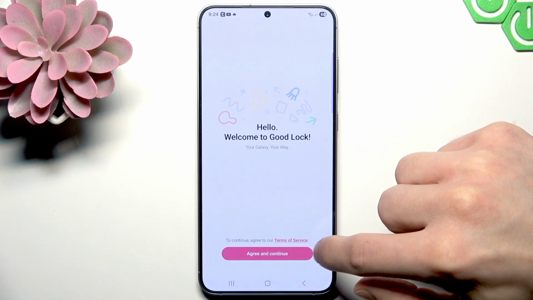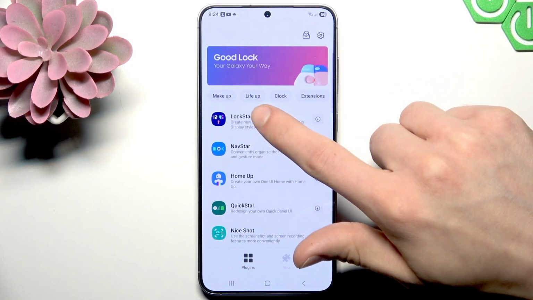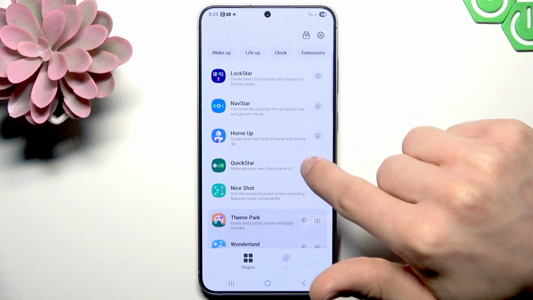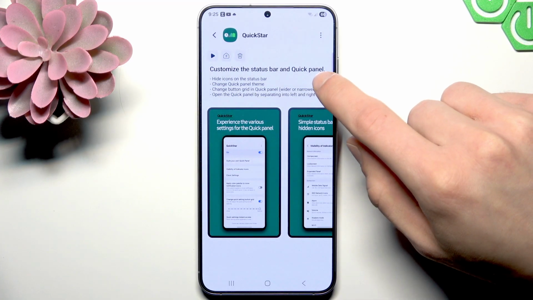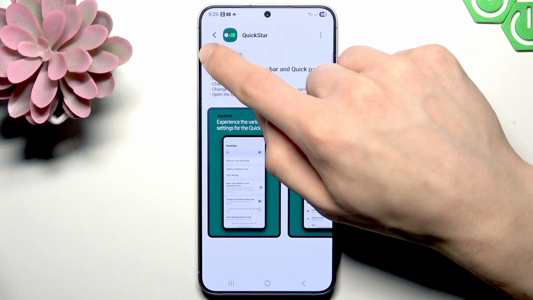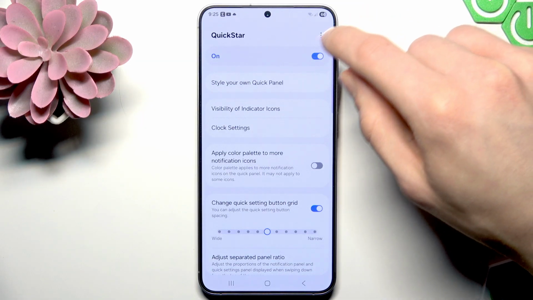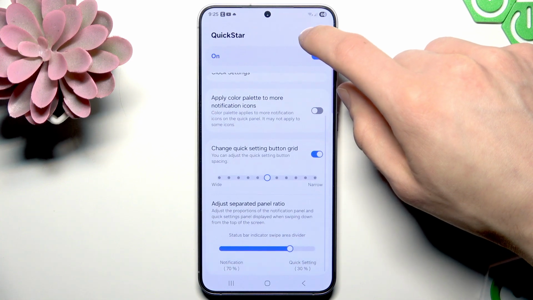Then agree to terms of service and continue, and then here find and download the QuickStar module. Once you download it, open it and then switch it on, and after that you're gonna have to